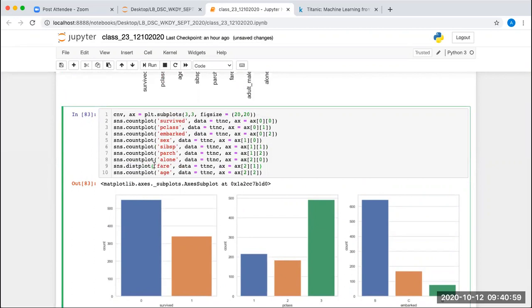Here we will be using titanic of fare, and this one also we'll say titanic of age, and here also we'll use dist plot. And data will not be required then, and this will also not be required.